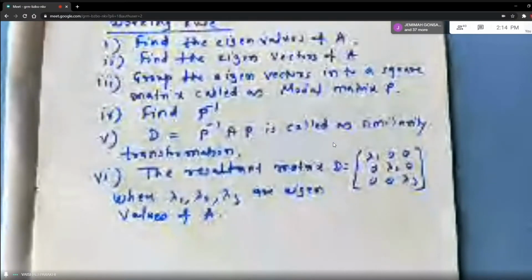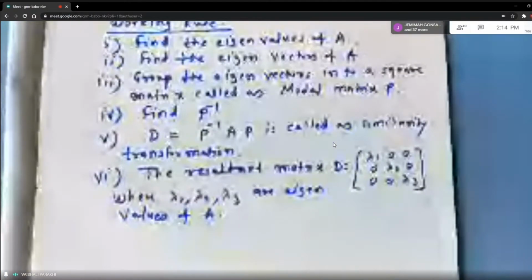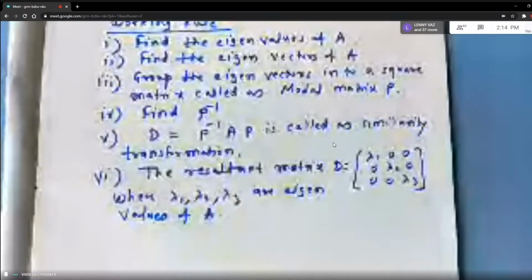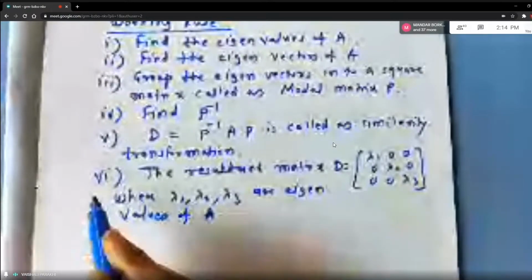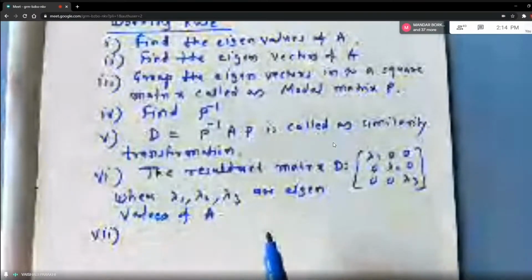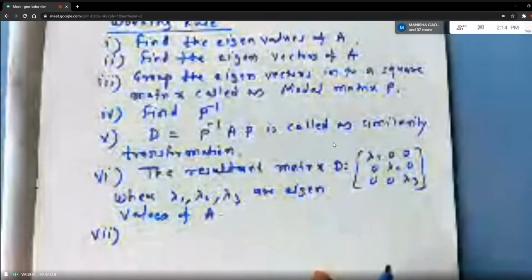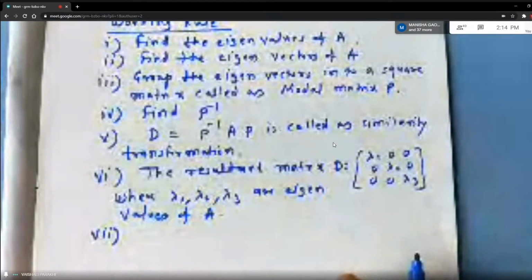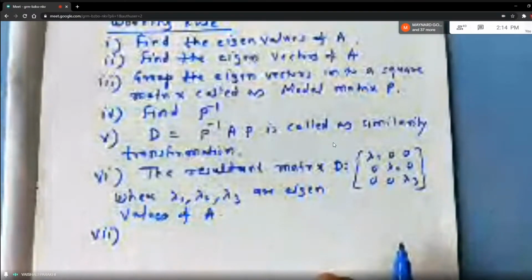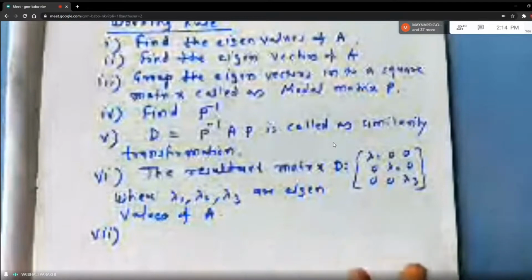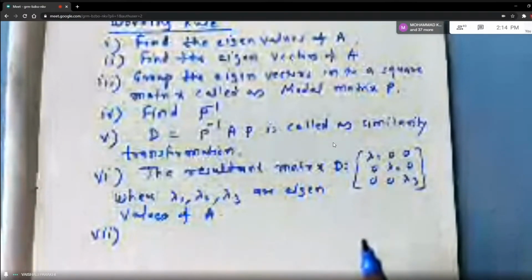Okay, students, once you start solving examples, you will understand what I am trying to say. One more point I want to add here, that is the last point. Sometimes it will be asked to find A raised to some number. Like the extension of Cayley-Hamilton theorem: verify Cayley-Hamilton theorem and hence find A inverse. So we take help of the equation which we got and then we get A inverse. Similarly, suppose it is asked to find A raised to n, then we use this.